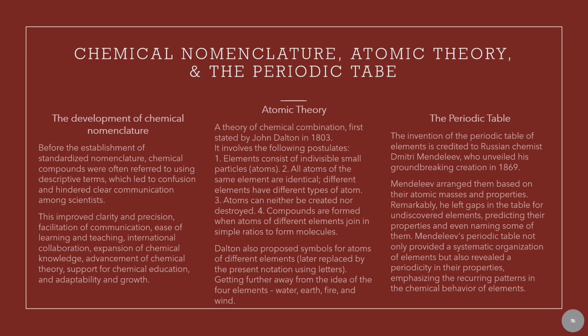Okay, now I want to talk a little bit about chemical nomenclature, atomic theory, and the periodic table. Before the establishment of a standardized nomenclature, which again is just a naming system, chemical compounds were often referred to using descriptive terms, which led to confusion and hindered clear communication among scientists. We needed a way to all know what we were talking about when I say nitric acid versus nitrous